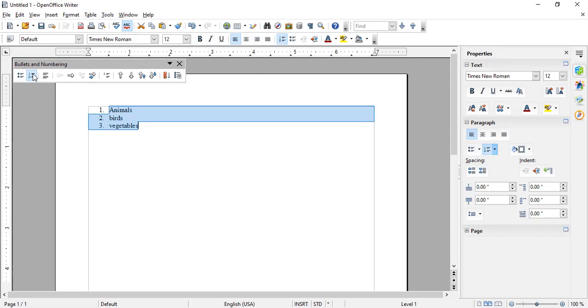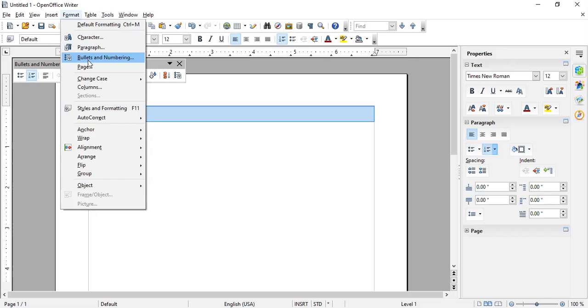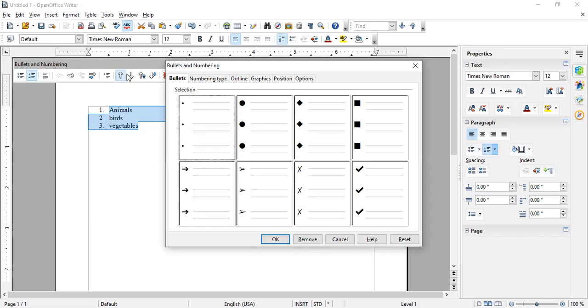Okay. Next. Now, how to change from the menu? See. Now again go to the Format menu. Check it. Bullets and Numbering is there. Click on it. Again you will get this particular box. See. Here, bullets. These are different types of bullets, children. This is one type, this is one type, this is square, this is arrow, this is right pointing arrow, this is check marks, this is tick marks.